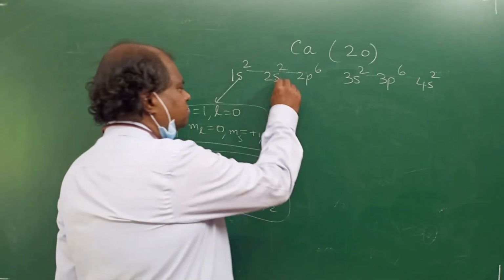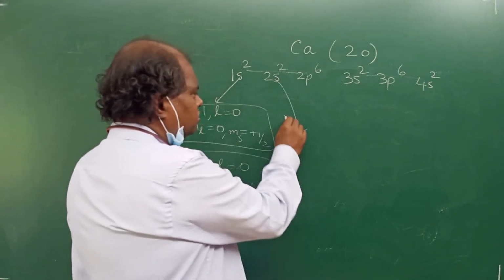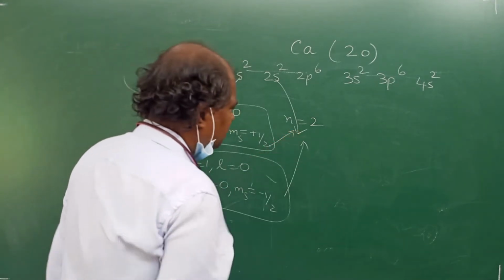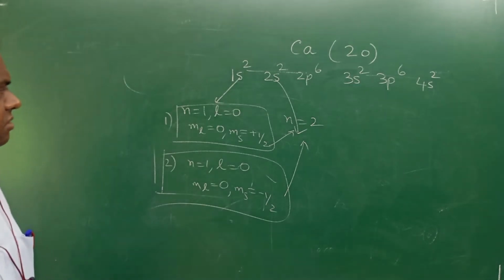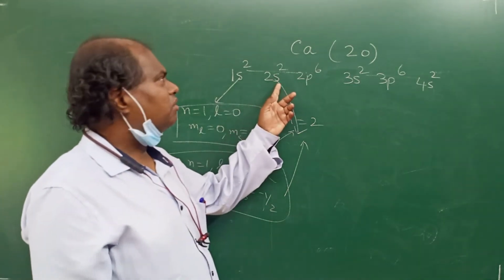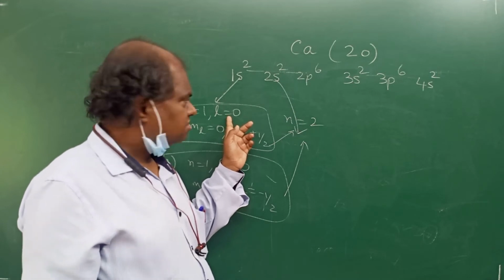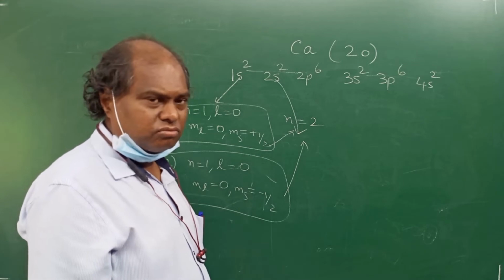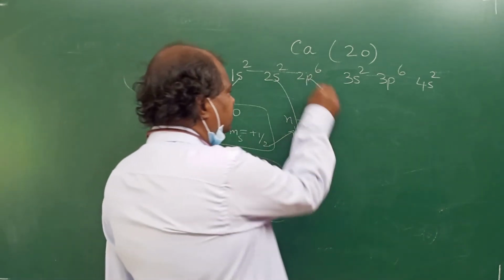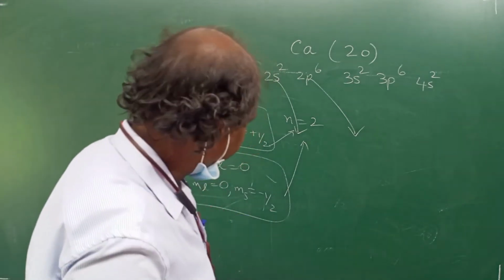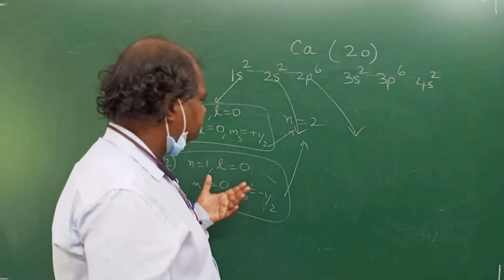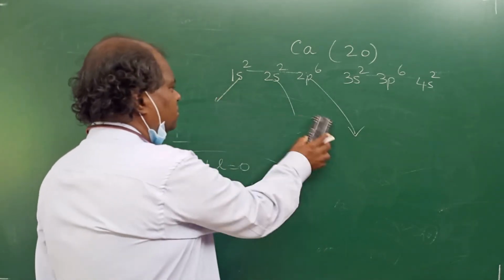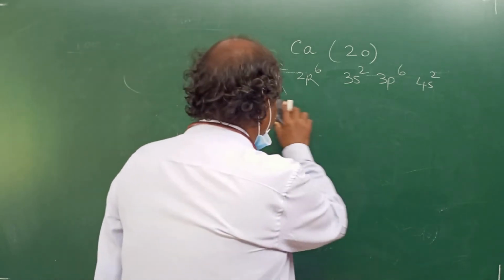Now let's come to 2s2. For 2s2, I think you have to just change n is equal to 2. Otherwise, the same thing will be there. Am I right? Just write n is equal to 2. l will be 0 only. For s orbital, what is the value of l? 0. Correct? Same address you will write. Getting it? Clear? So this is the address for this one. Now let us see for the 2p orbital. For 2p6, how will you write?